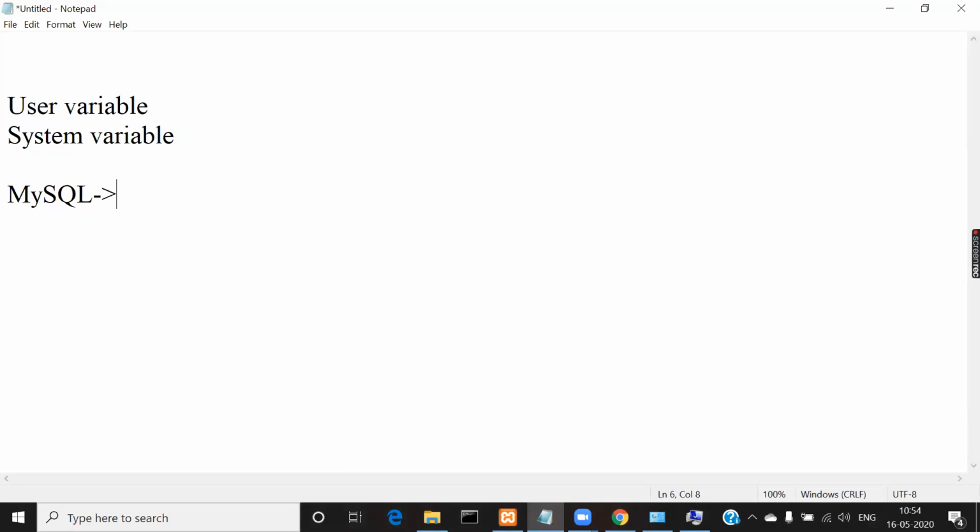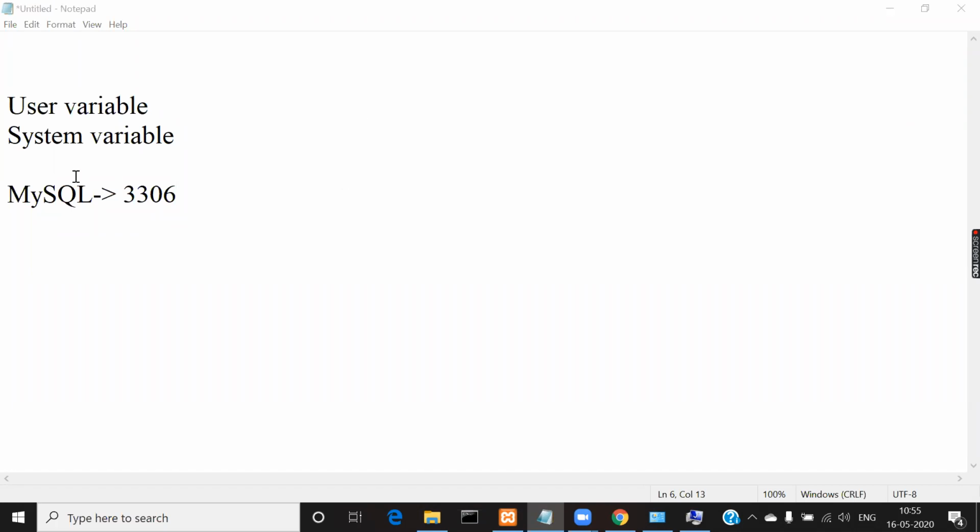The default port number for MySQL is 3306. You will know about this when you are installing the MySQL database. If you are not setting this port number on your own, automatically the port number for MySQL will be 3306.